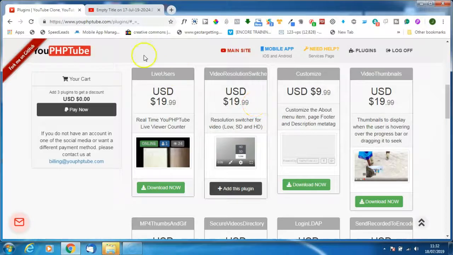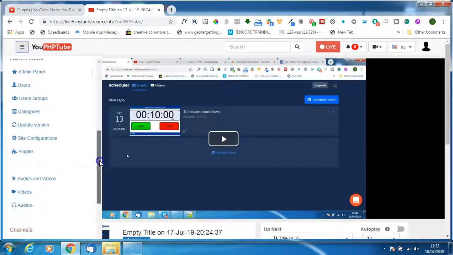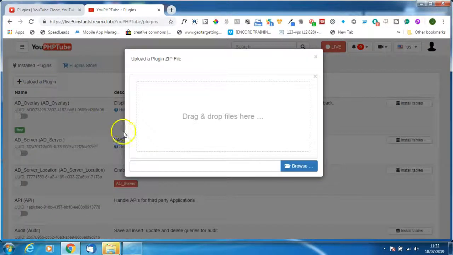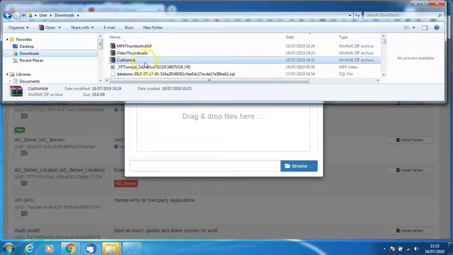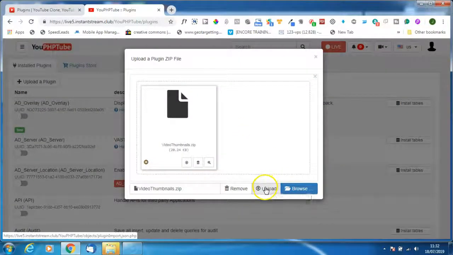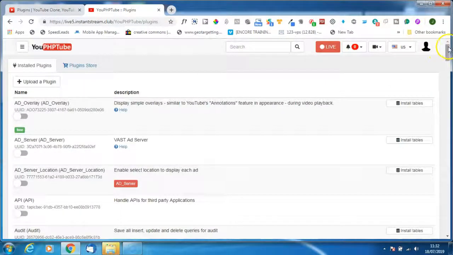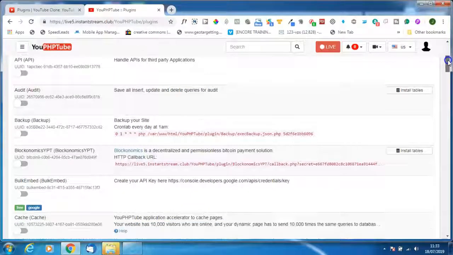So I'm going to go over to my site when I'm logged in. I'm going to access the plugins folder and then I'm going to upload the plugin. So here I can use the drag and drop. I just go into my downloads and find the plugin and drag it and drop it here. Then I can click the upload button,